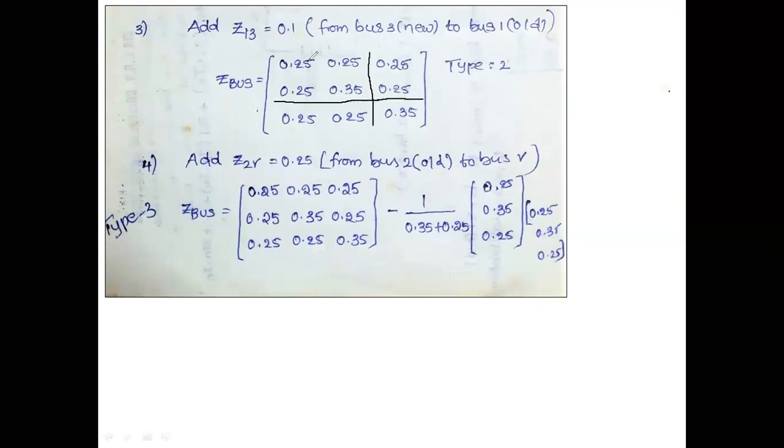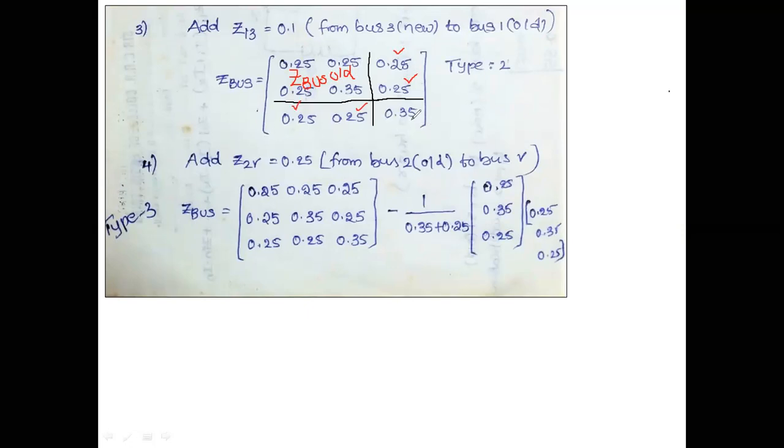This is Z bus old. Please do remember, Z bus old. See, I'm not going to change any value in the Z bus old. So Z bus old is a 2 by 2 matrix. These are the additional elements that I am going to insert in Z13, Z23, Z31 and Z32.